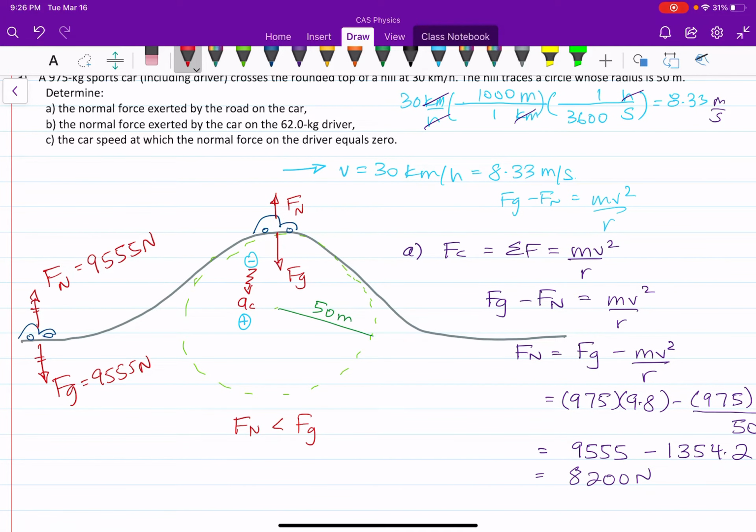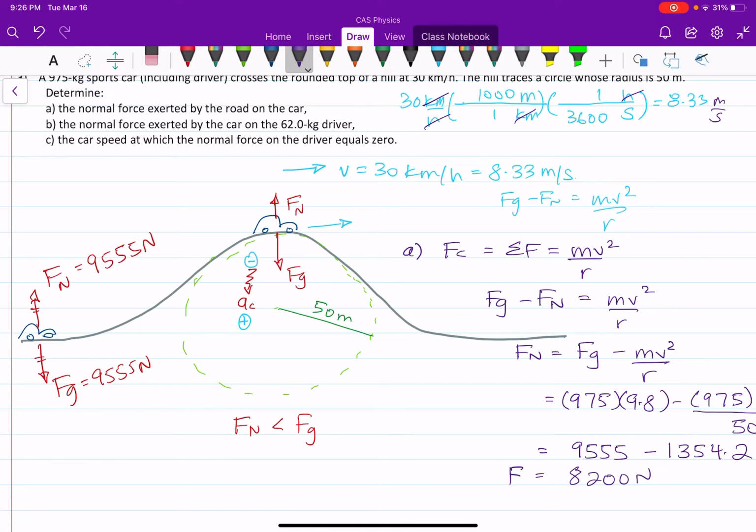So the normal force drops, and that's because it's almost like, think of it like the ground is sort of falling away, and it doesn't need to support the full weight of the car, because the car is sort of trying to fly forward. The car is trying to move in this direction, but the ground is curving beneath it. So the normal force will decrease